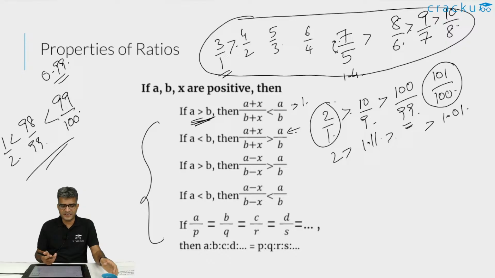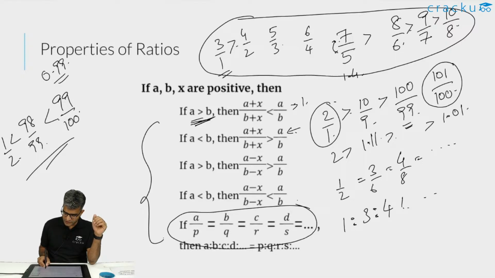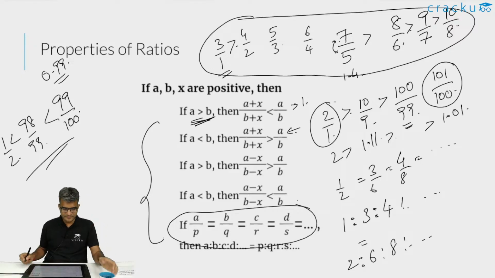This is a trick that I would always use, where if the numerator is greater or lesser than the denominator, I just take it to the extreme case so that I get the sign of the inequality. And if both of them are the same, like in the earlier example that we see, 1 by 2 is equal to 3 by 6 is equal to 4 by 8 is equal to ... Then what we are essentially saying is that the ratio of 1:3:4:... is equal to 2:6:8:...